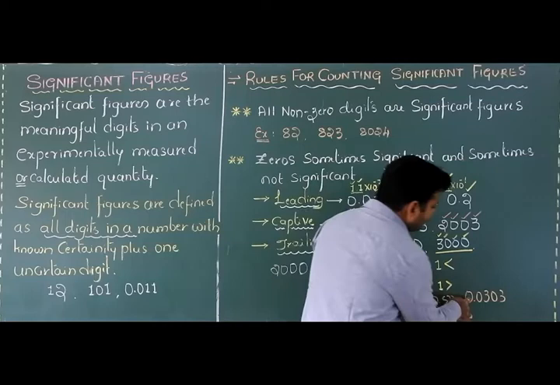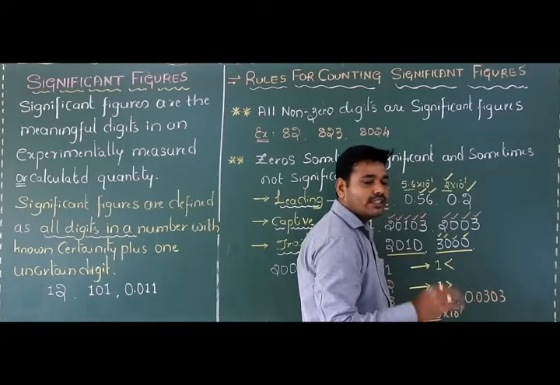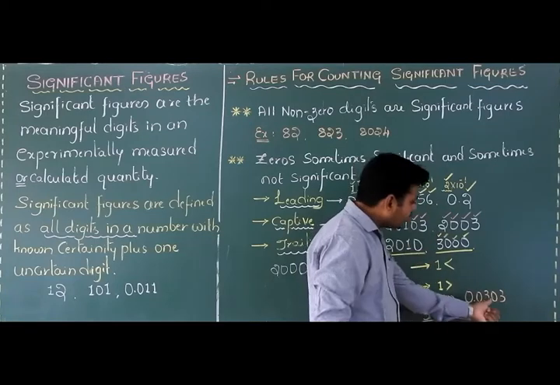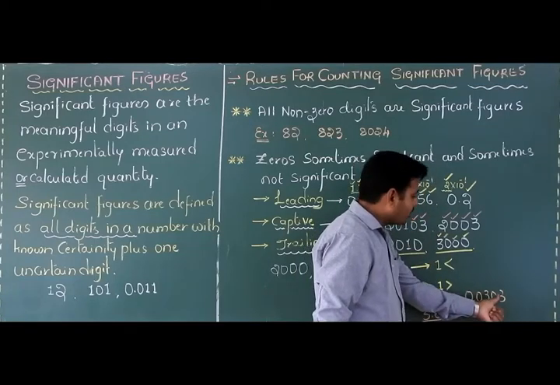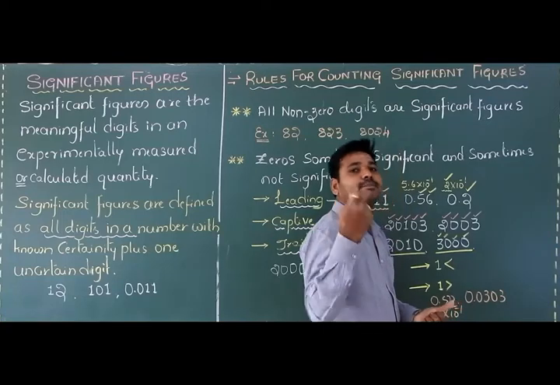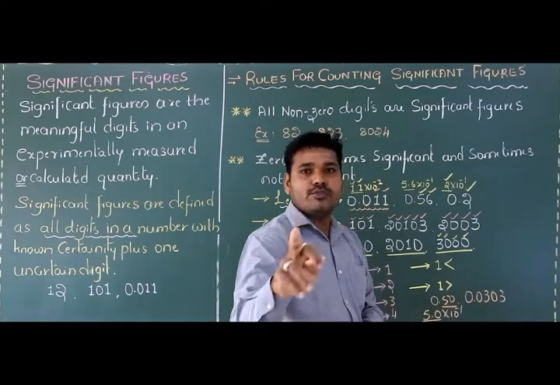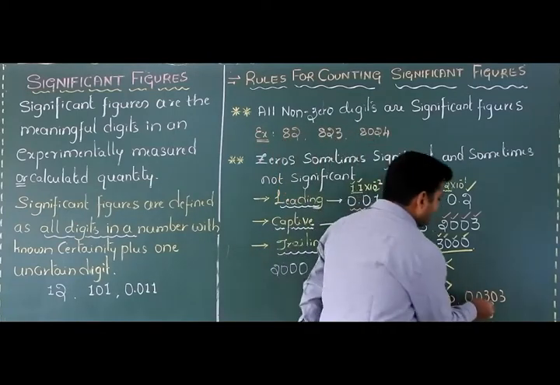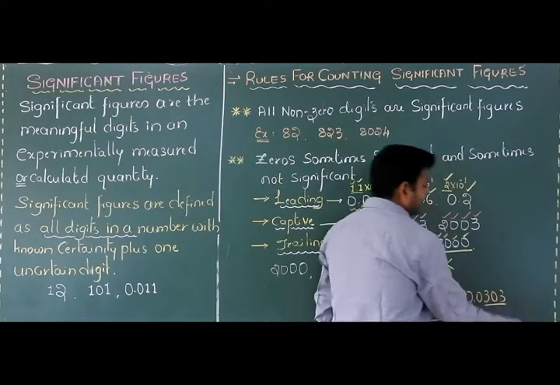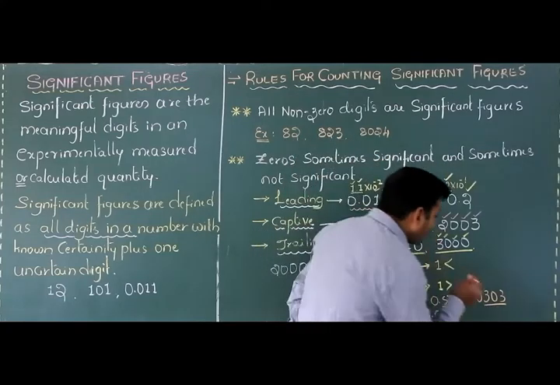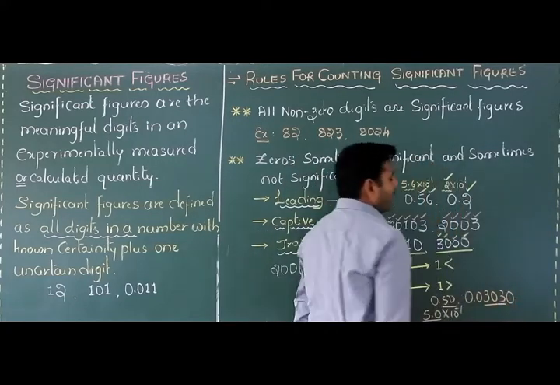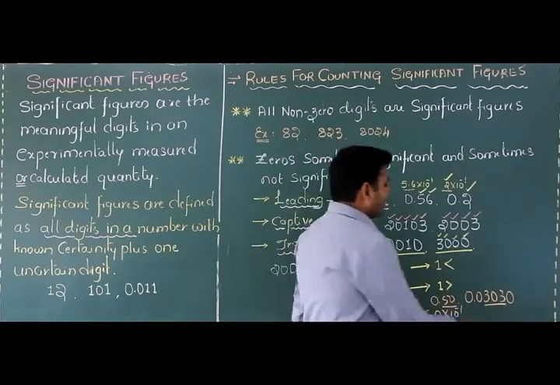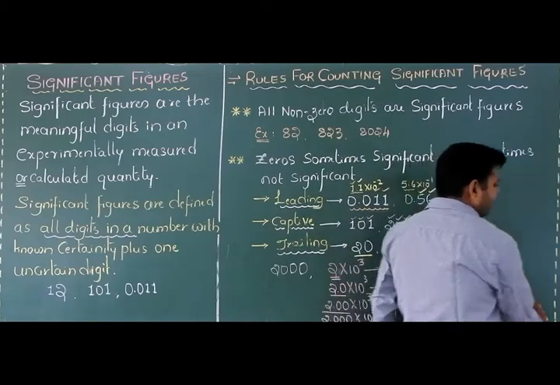Look here, the first two zeros are two leading zeros. Okay? They are not counted as significant figures, so leave these two zeros. The other zero is between the non-zero digits, so it is counted as significant because it's a captive zero. Always captive zeros are counted as significant figures. So how many significant figures in this number? 3 significant figures. If I write one more zero after this number, then this number has 4 significant figures in it.